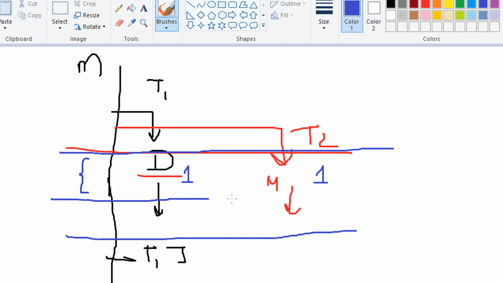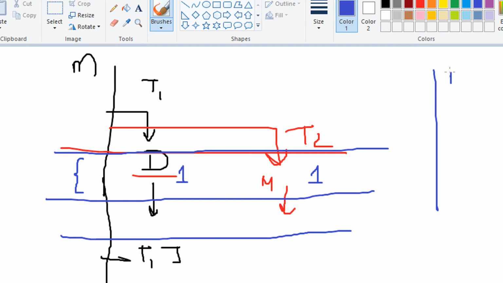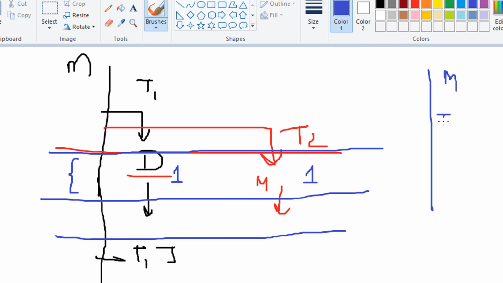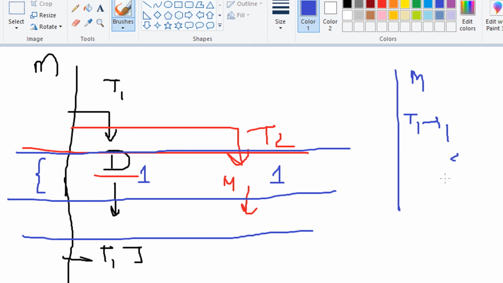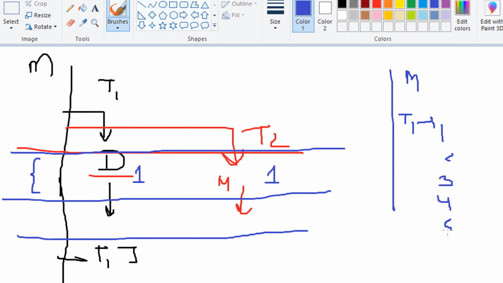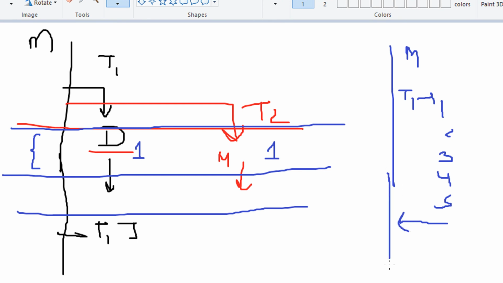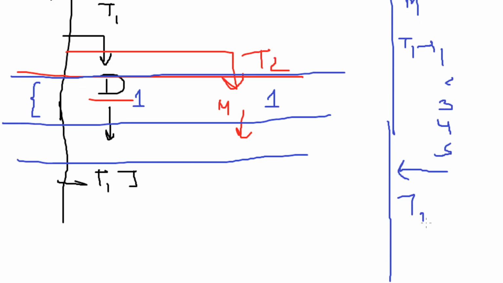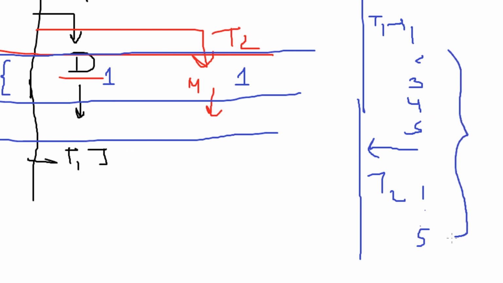The total waiting here for the system is only 1 second at a time, as against the previous case when you had a main function, then you called T1 start. So the division was waiting 1 second, 2 second, 3 second, 4 second, 5 second. Then T1 dot join was coming to the main. Then T2 was starting, and then again we waited for 5 more seconds. So the total was 10 seconds.